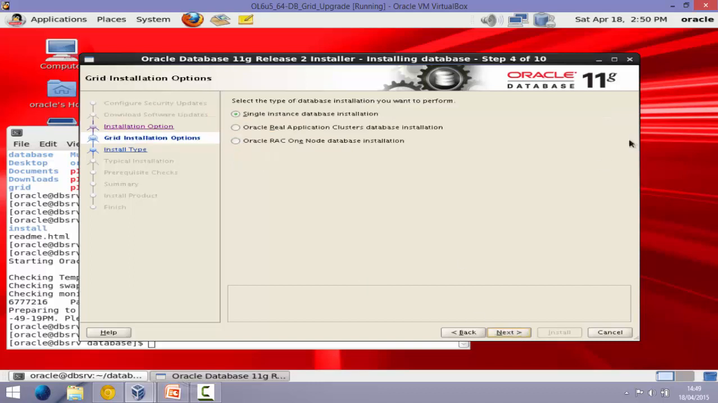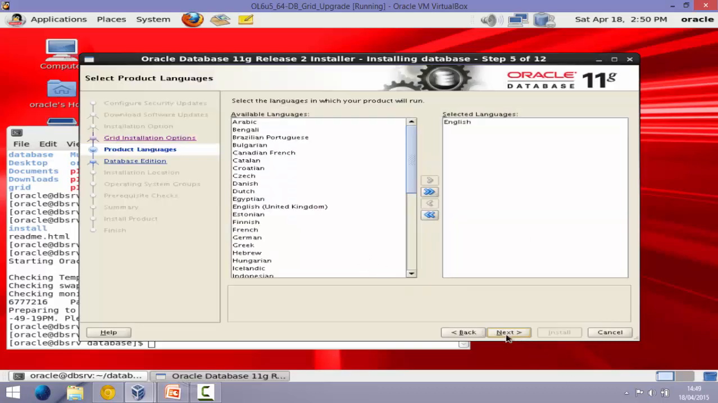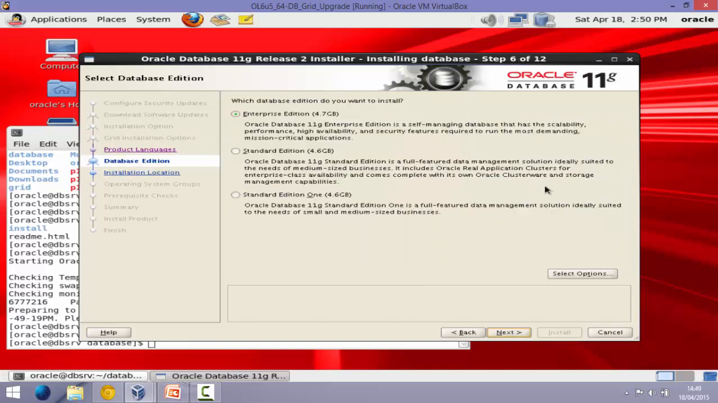Next, and I want to choose the single instance database installation. Next, and I want to choose the English language. And step number 6 of 12, which database edition do you want to install? In my case, I want to select the Enterprise edition. Next,